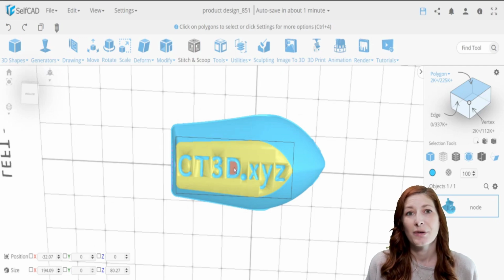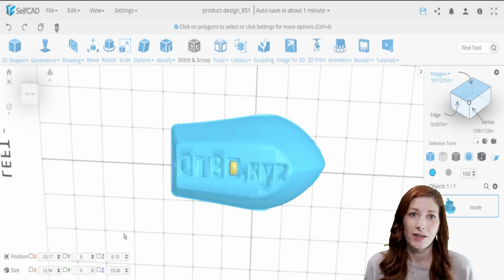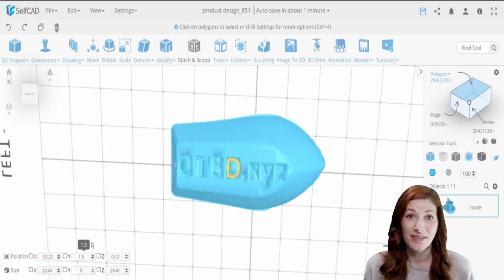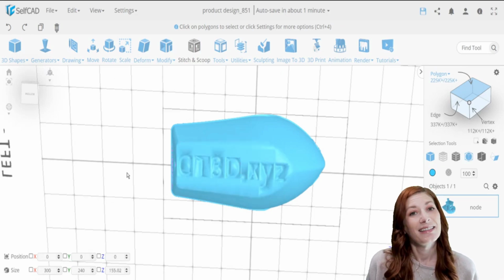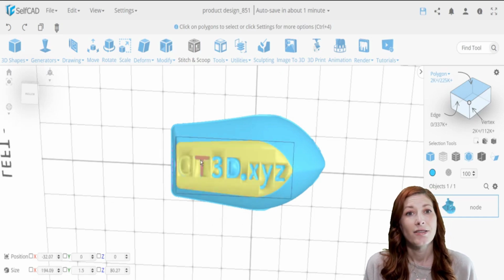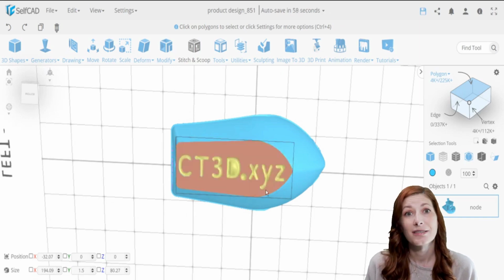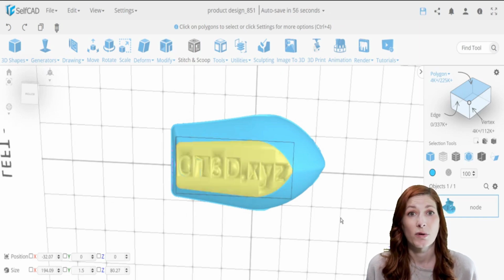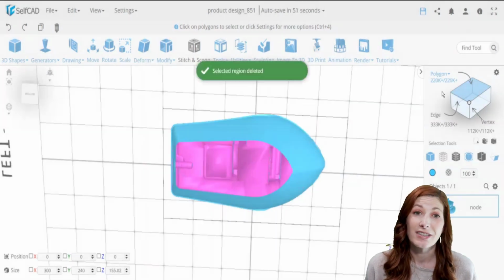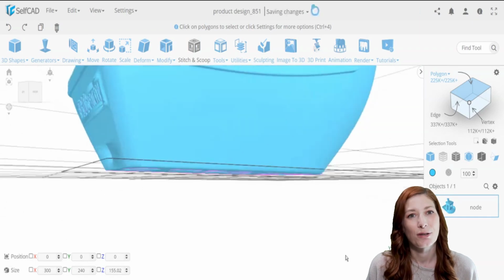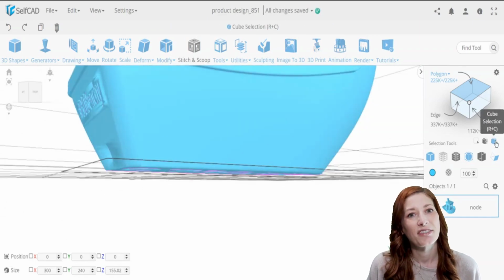With this option, you must be very precise with selection, which is not easy when working with objects with hundreds of thousands of faces. In such cases, basic selection tools like polygon selection, tolerance, and marquee selection will not be of much help, simply because many small faces go into the object, making it difficult to select them. In this case, the best option is to use the cube selection tool, which allows us to make clean cuts